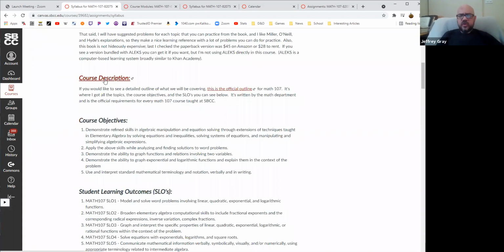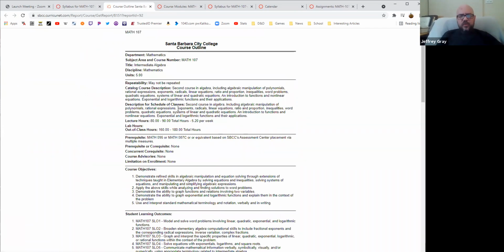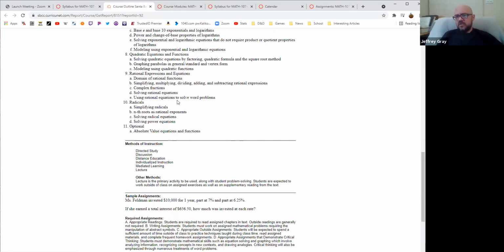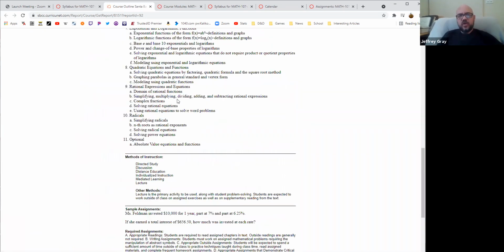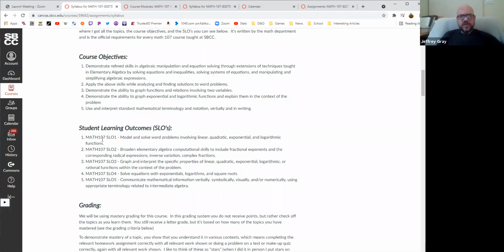Here's the official course description if you want to look at it. We're going to hit the high points in just a second. I guess I'll show you what this looks like. It's not the most exciting thing in the world, but this is the document that the class is designed off of, and you can go look at that if you want to. But we'll hit the main points here in just a second. So course objectives and SLOs. These are sort of bullet points of what is required, what you are supposed to be able to do after you're done with the class. I'm going to skip over those, and you'll see why when we get to grading.